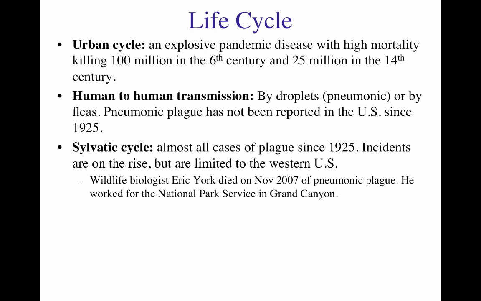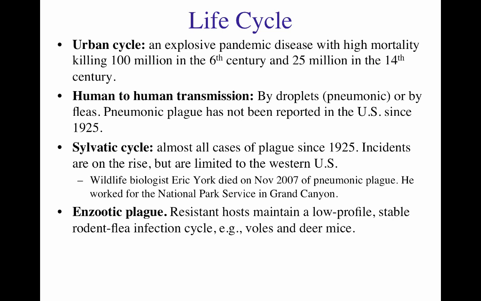So this is the first case of pneumonic plague that we had seen since 1925. Now, you also have the fact of enzootic plague, and that is the plague in which you have a resistant host, a host that can be infected by the bacteria but will not have disease or have very low profile and stable disease, and therefore you have a reservoir, and those are voles and deer mice, and those are part